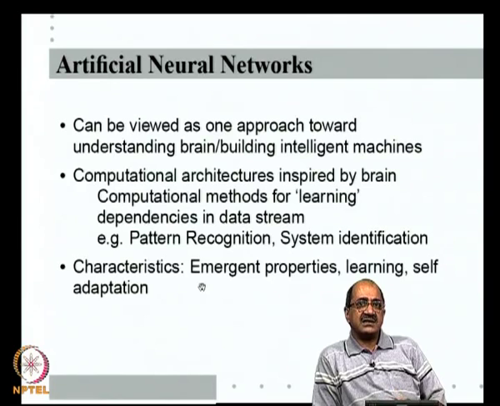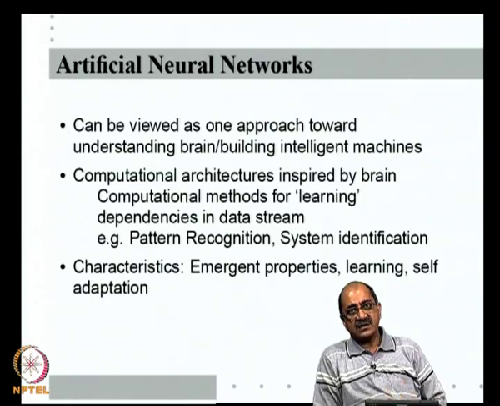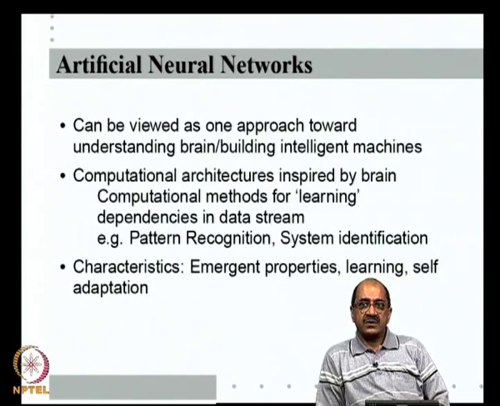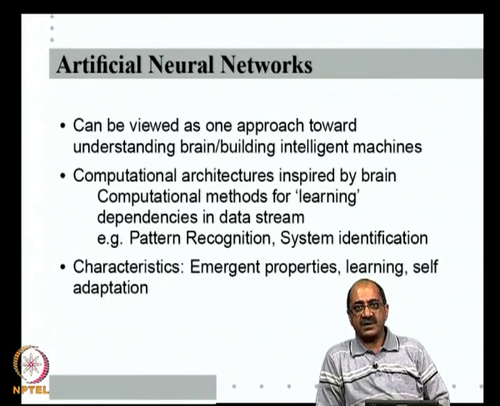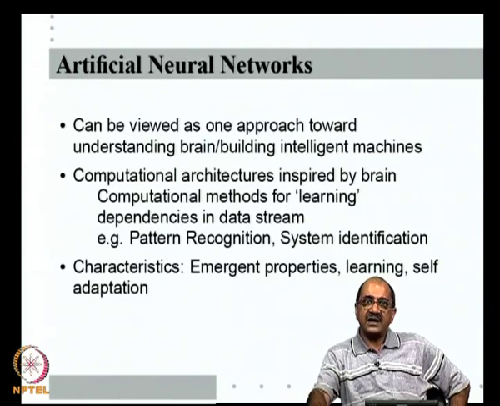The characteristic of these structures is that there are emergent properties, that is, there are some properties of the entire structure which cannot easily be assigned to any subunit. So, the network as a whole has some interesting properties which cannot be said to belong to the synapse or to the neuron. The other interesting aspect of these models is that they are built of very simple processing units and everything resides in the connection strengths. Learning is the only way to program them. So, we have to somehow find the weights, and the only way we find weights is through learning.